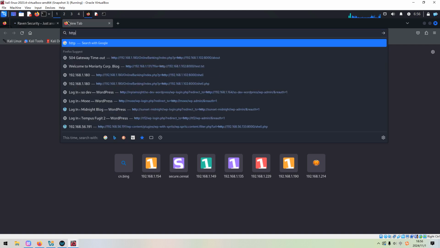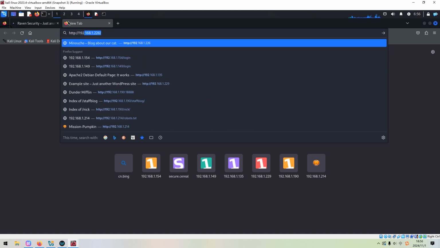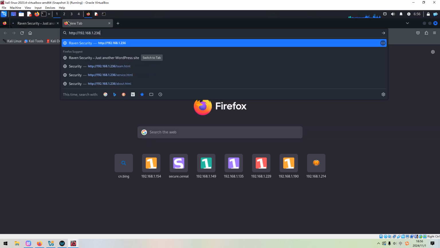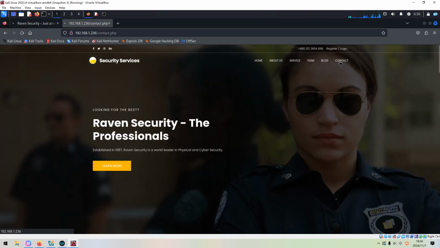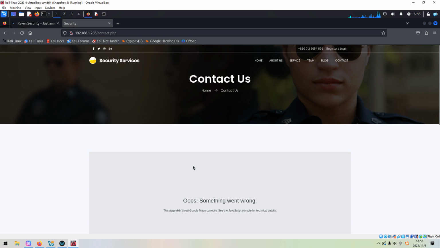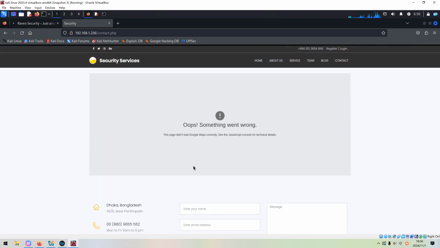In the meantime, we can go back to the home page of this site and the contact page. This one can allow us to send a message to the administrator of the site. Do you remember the first machine involved the PHPMailer vulnerability?